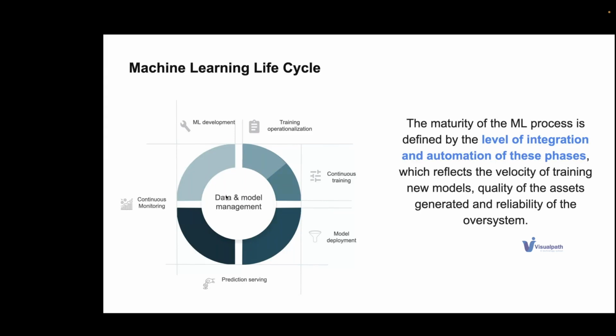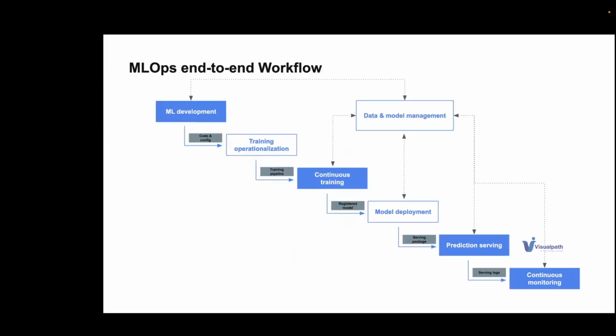Okay. So to look at it through a different lens, this is a closed image. This is an inflated image. So this is like ML development. You have code and config, where you put the model in the code, and you have code to produce a model. You put it into the training pipeline, or maybe operationalize it. Then the training pipeline goes into continuous training, so that if there is any requirement, you can execute it again.